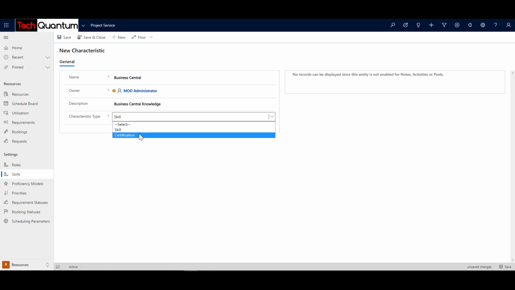So there may be many scenarios where, when you send a quote to your customer, they might ask you, or there must be a requirement which says, okay, these many resources should have these kind of certifications like PMI or Dynamics certifications, so on and so forth. So you can specify if this skill is of type skill or a certification. So right now let's just define that as a skill and save and